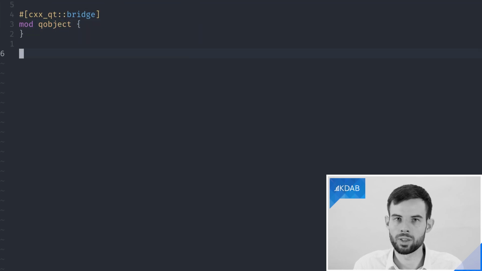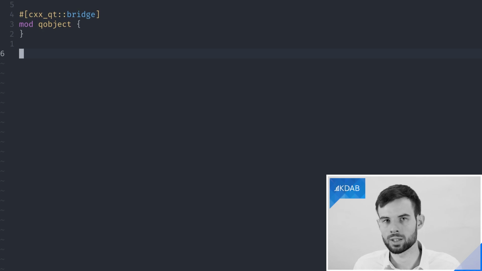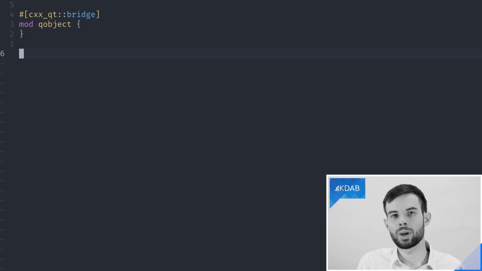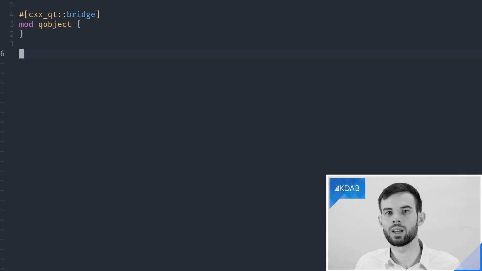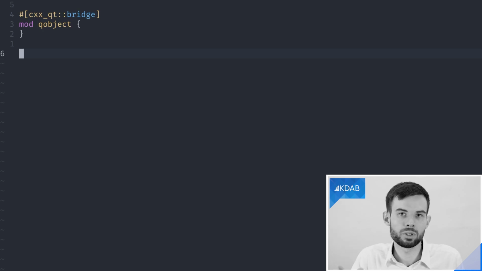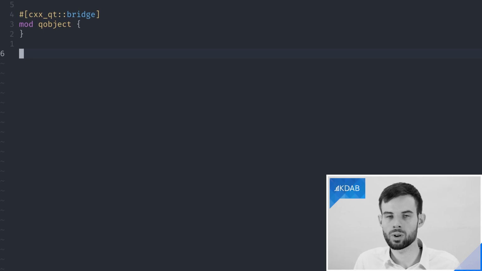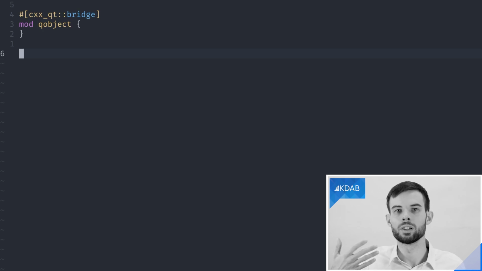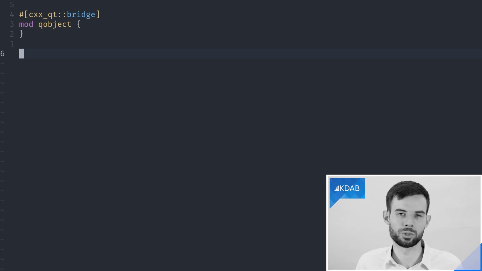Okay, so now that Rust Analyzer has built our dependencies and has started figuring out that this module actually belongs to our project, we can then start defining our QObject. Again, our QObject will be backed by a Rust struct. So we'll first start by creating this Rust struct. In our case, this should be a list of to-dos. And what does each to-do need? Well, it needs a Boolean value, whether it has been done already or not, and then also a string, or in our case, we'll directly use QString to describe the actual to-do itself.